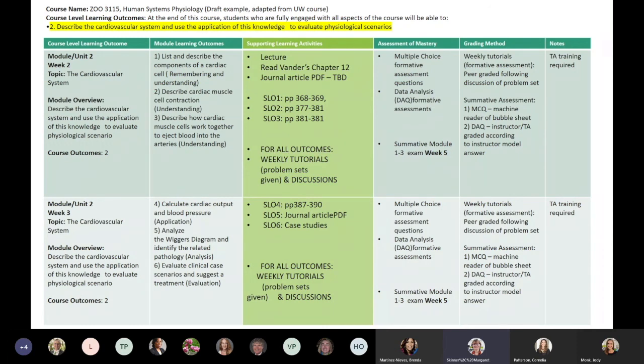So for accessibility for our students, trying to keep as much of that content asynchronous as possible is very helpful for them. But whatever way you do it, you're introducing some new material. And then I'm also getting them to supplement that by reading specific chapters in the required textbook for the course. I'm breaking that down into which particular parts of that chapter, because these chapters can be 80 pages long, refer to the particular learning outcome.